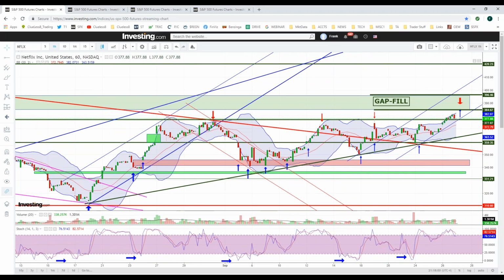There's a lot of things going on here. There's a gap here. You see the gap? Yep. So it can easily come back, retest the gap, and bounce like this. However, if it falls below the gap, then the stock will retest the 363 level again. For Netflix to move back and forth 8, 10, 12 bucks is nothing. So if it doesn't hold the gap and it breaks below, there's a high probability it's going to be down those $9, $10 and retest this uptrend line, which started all the way back in August. See this? Right. That's how you read this chart. So all right,